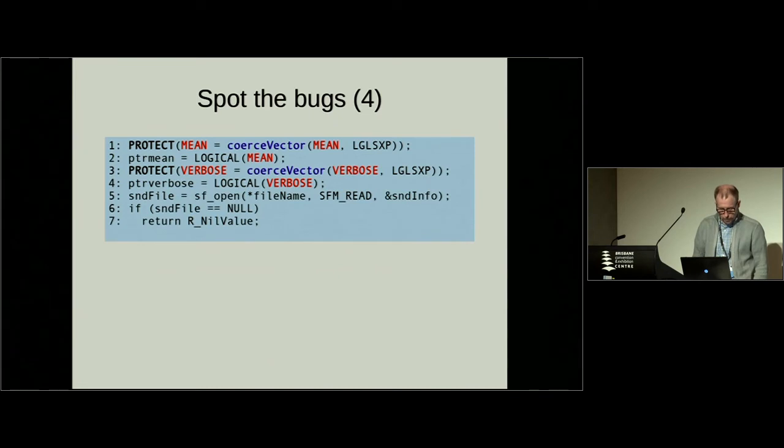Okay. And the last example, this is also a common bug. So line 1 allocates and protects mean. Line 3 allocates and protects verbose. And then we check something. And at line 7, if something is wrong, we just return from the function. Otherwise, at line n and more, we would just continue with some computation, but 7 is some kind of error. And we return